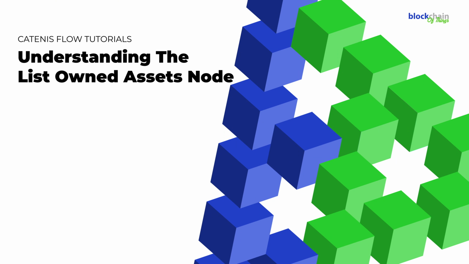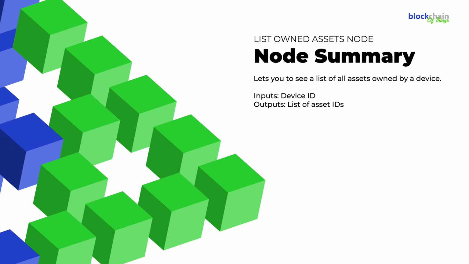This tutorial will teach you about the List Owned Assets node and how it's used in Catenis Flow. The List Owned Assets node on Catenis Flow allows you to see a list of all Catenis smart assets or tokens that are owned or held by a given device. It also gives you the ability to filter on the amount of assets this virtual device holds and skip a